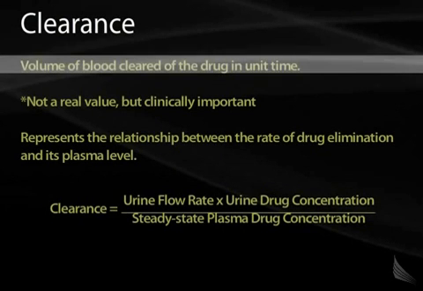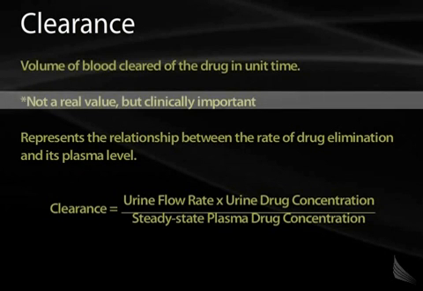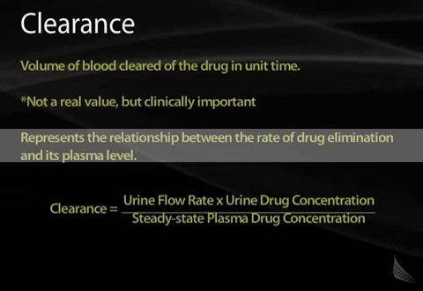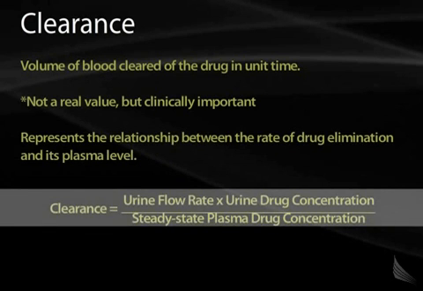Clearance is a concept that is defined as the volume of blood cleared of the drug in unit time. Again, this is not a real value, but it's very clinically important. Clearance is the relationship between the rate of the drug elimination and its plasma level. The formula for clearance is basically clearance equals the urine flow rate times the concentration of the drug in the urine over the steady state plasma concentration. Most likely you will not have to calculate this on Step 1, but it's important to remember what the concept